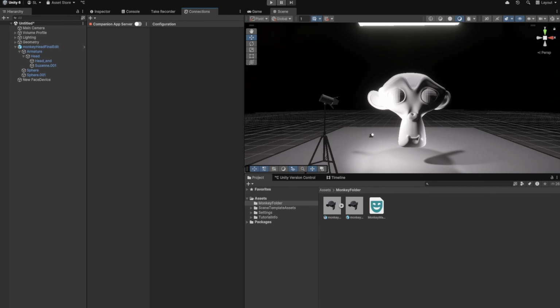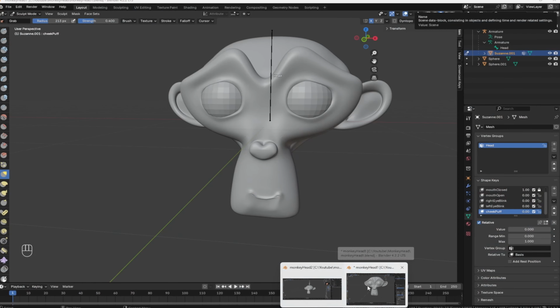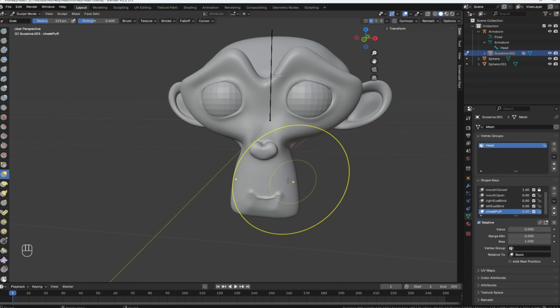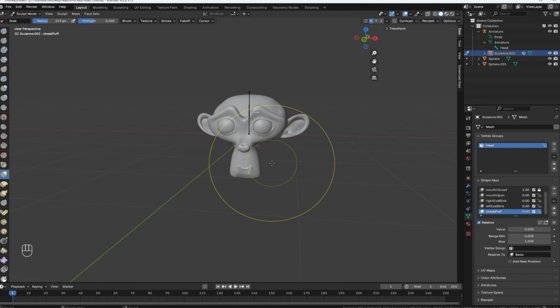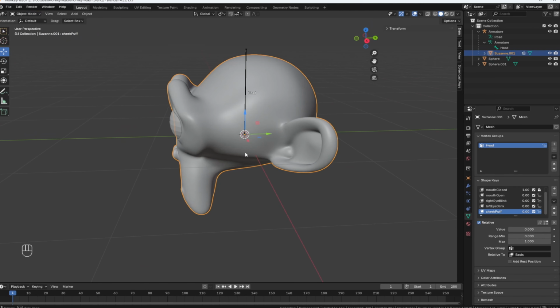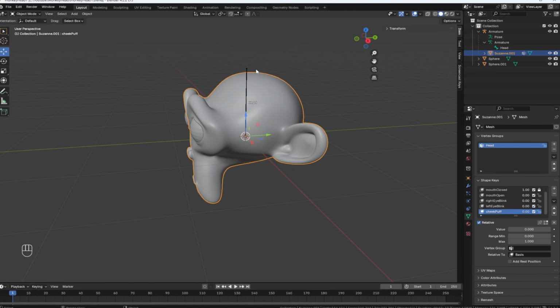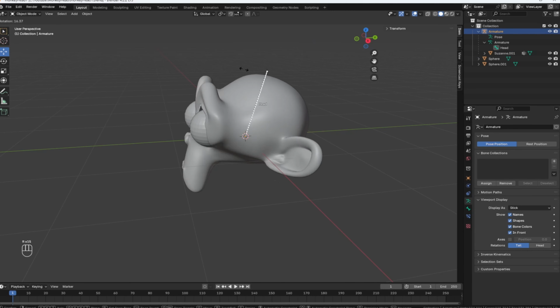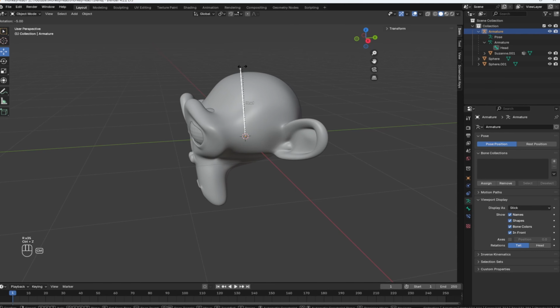So let's go back to Blender. This was how was it this one? No, it was this. Okay. So in order to fix this, we're gonna change the rotation of our... okay. So let's go back to object mode. Then let's change the rotation. So your monkey is supposed to rotate with the ball, so it should move with the ball. Okay, cool.